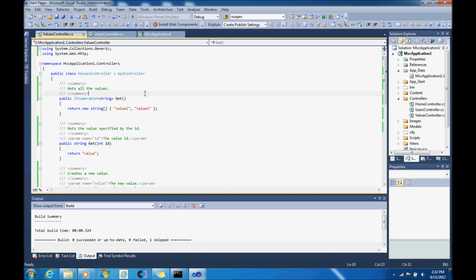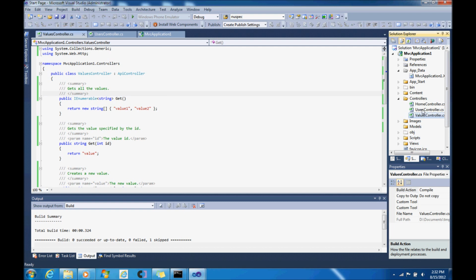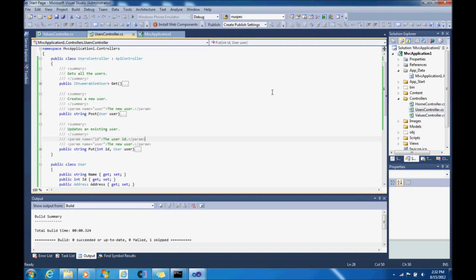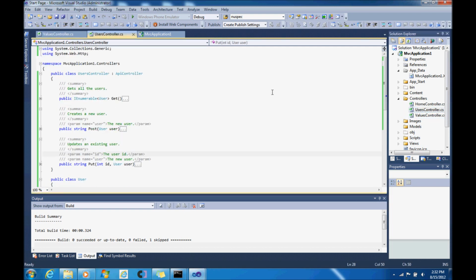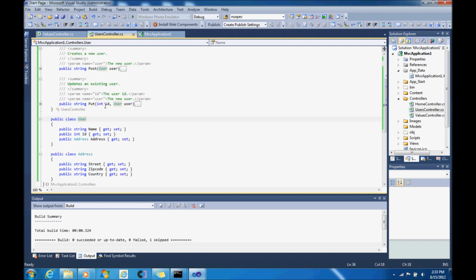Here I have a Web API project created from the default template. So in addition to the default values controller, I added this users controller that has three actions that will either take a user or return the user, which is a POCO type with public getters and setters. Now to get the help page on this project, you can go to manage NuGet packages